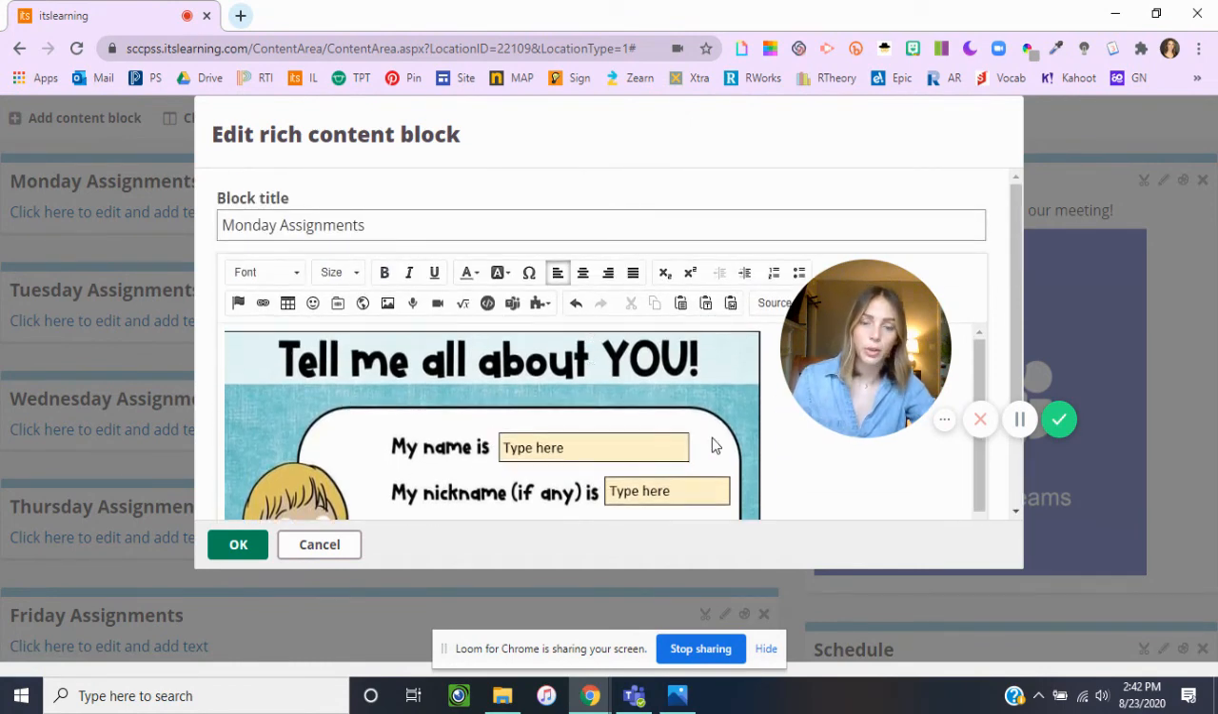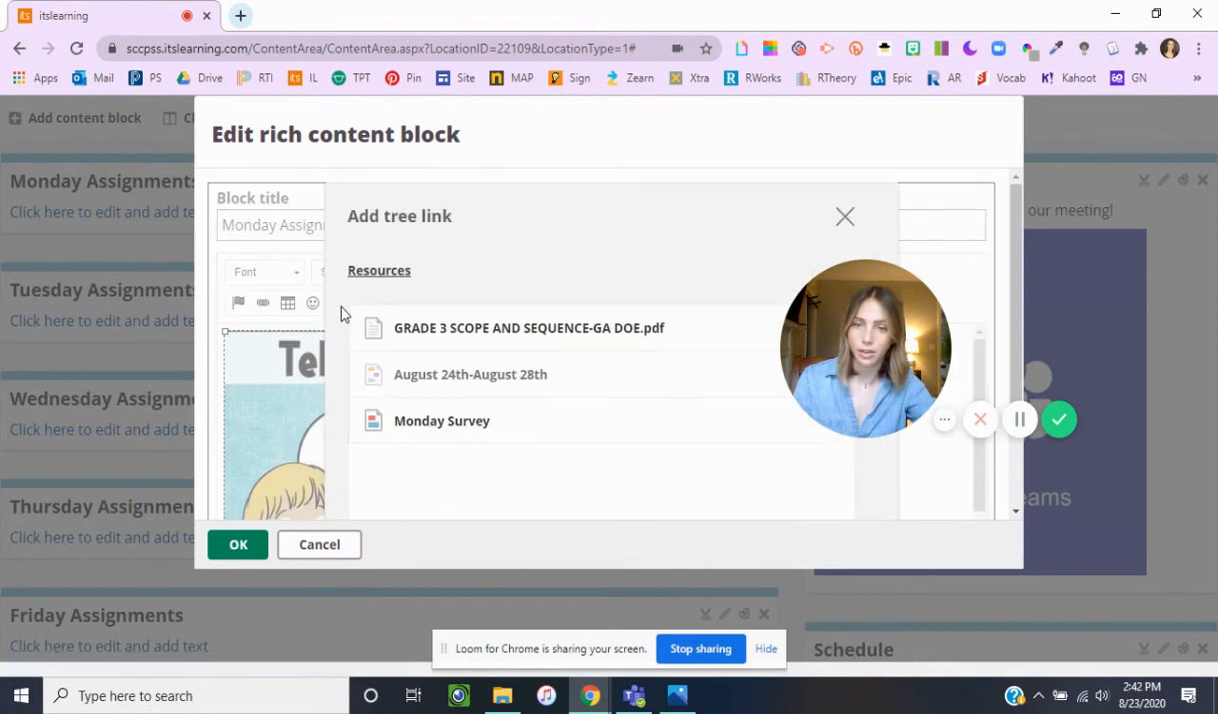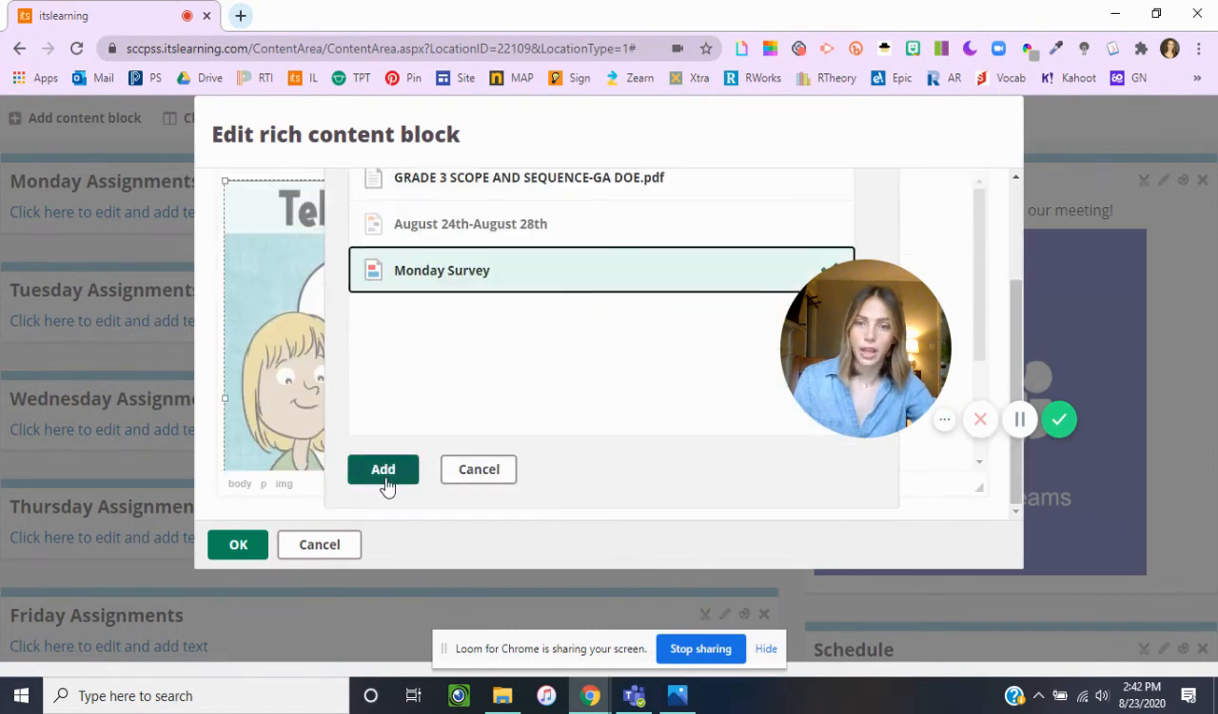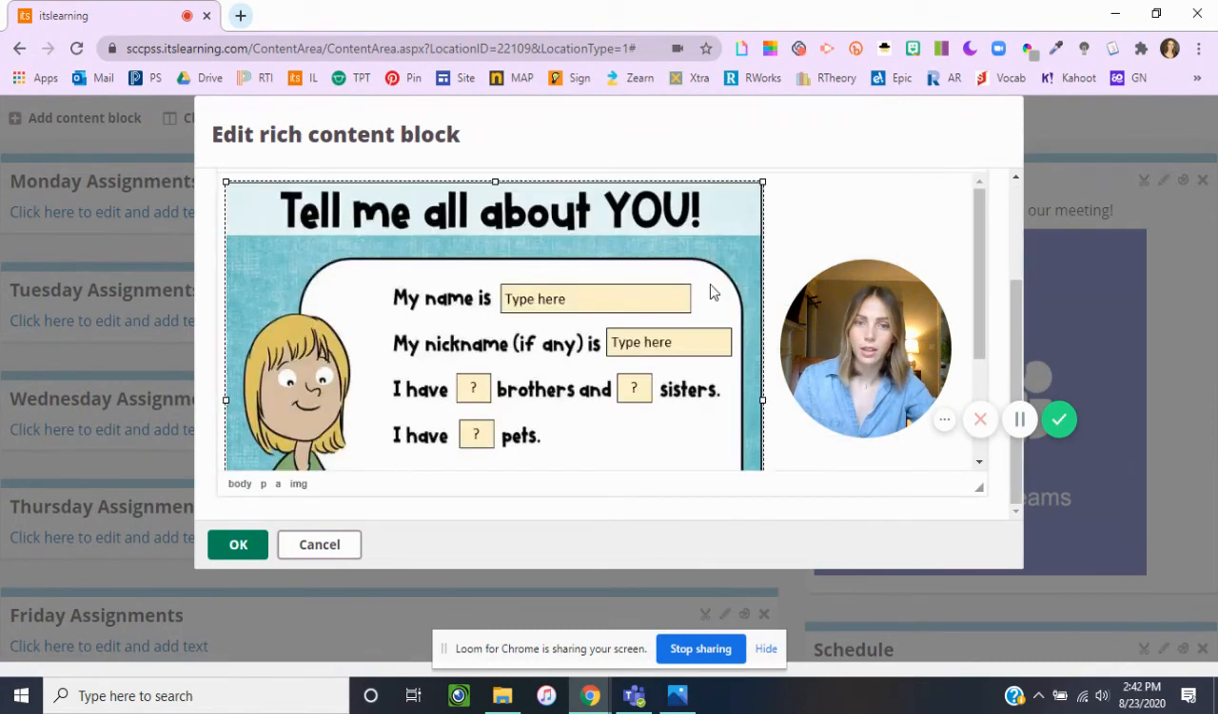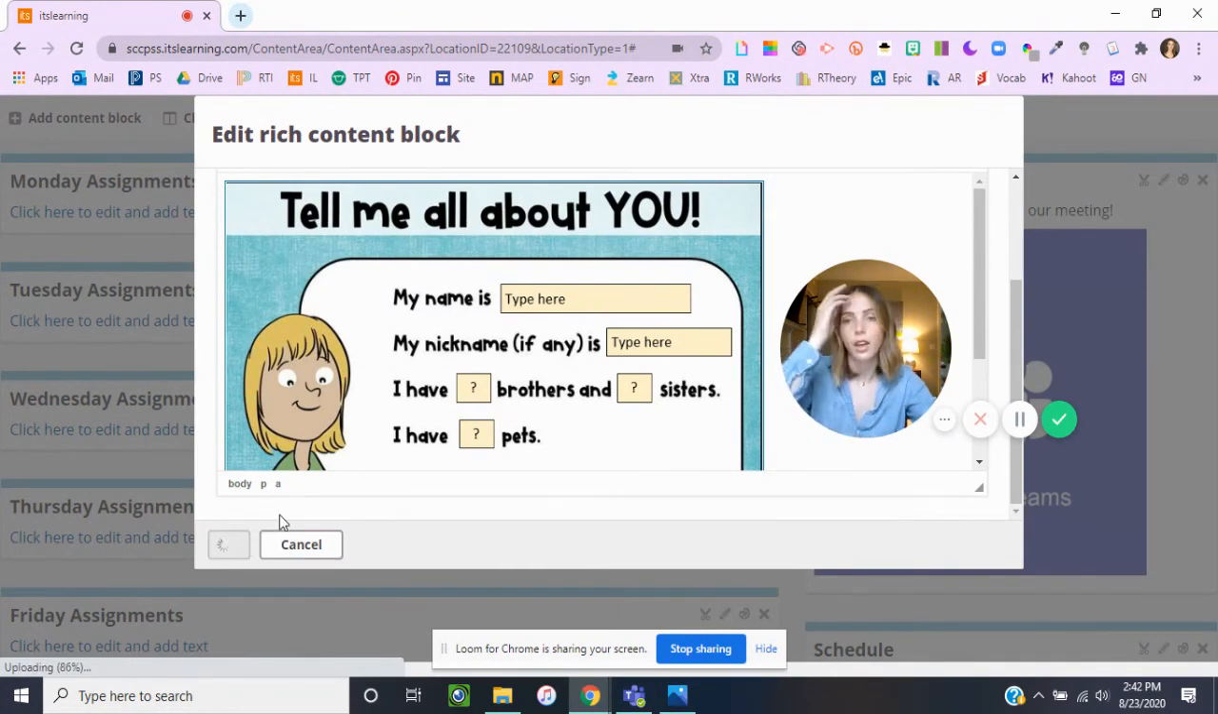And so remember, whenever you want to link something, you would click on the image. So now you can see it selected. Click on the tree link icon. Click on the Monday survey. Click Add. And now you can see there's a blue line around it, so you know it is linked. So click OK. And whenever it loads,